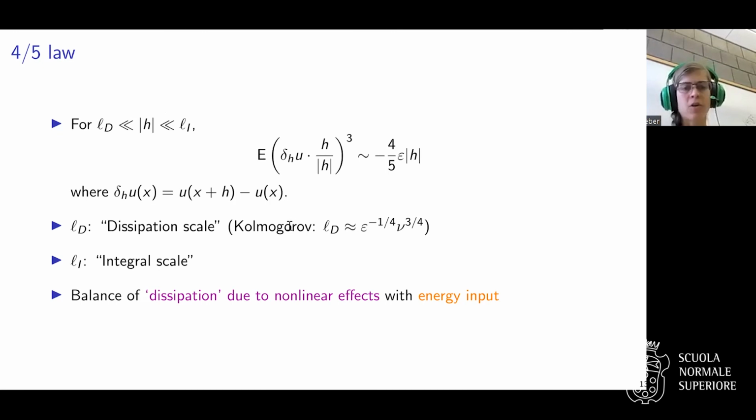So in Kolmogorov's theory, the dissipation scale was of the order nu to the 3/4, and the integral scale is related to the input through forcing, or I guess maybe the time you wait. And so what this may heuristically mean is some sort of balance between the dissipation due to the nonlinear effects, so the energy flux, and the energy input. So epsilon for us is the sum of the constant sigma, okay? So it's related to the input through the forcing.